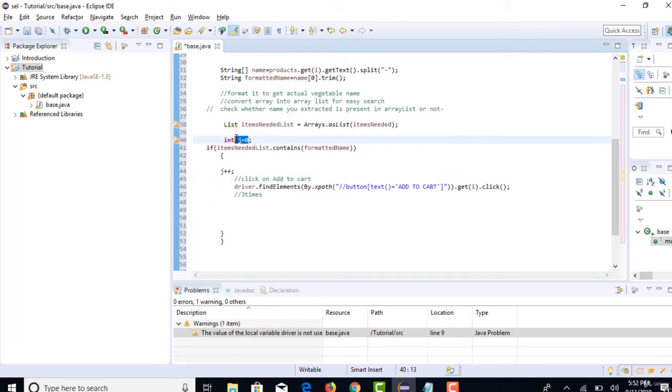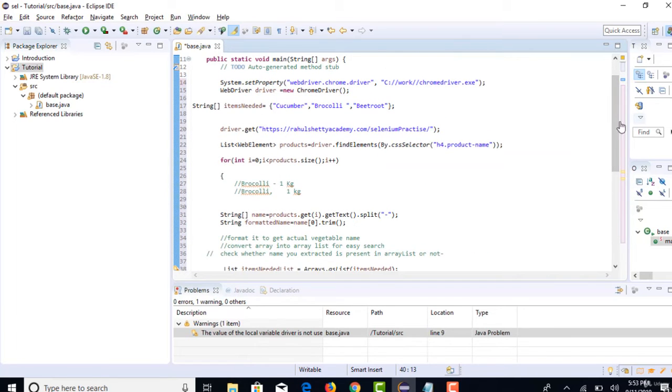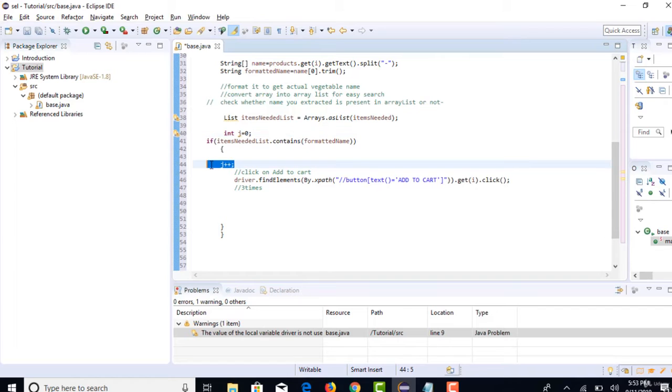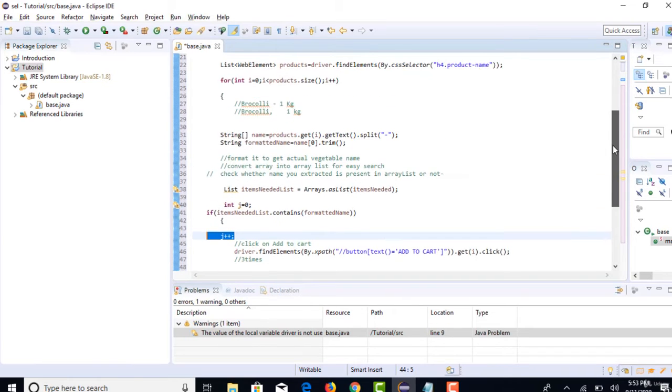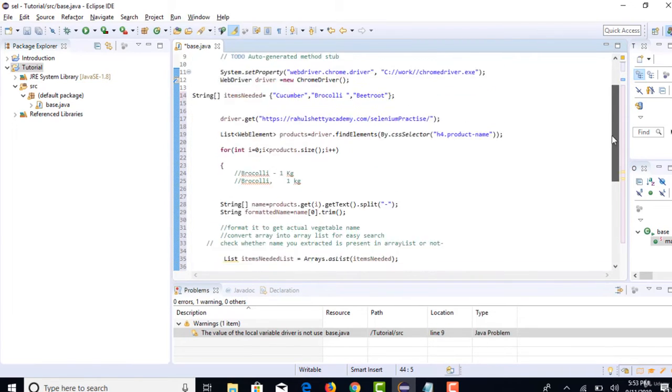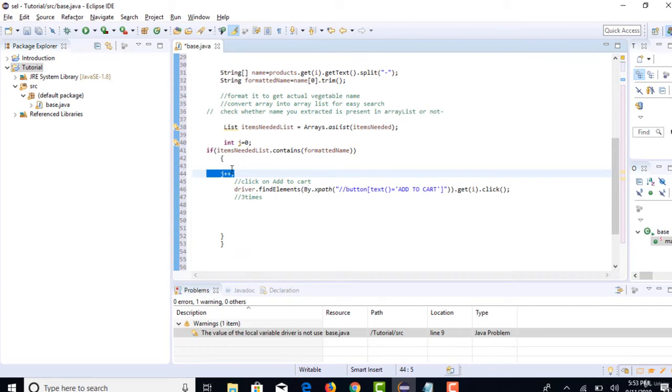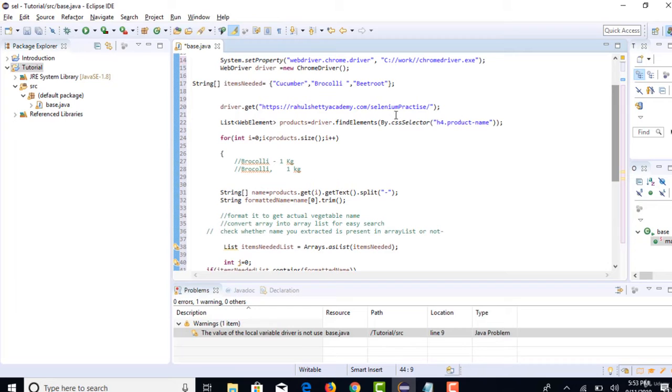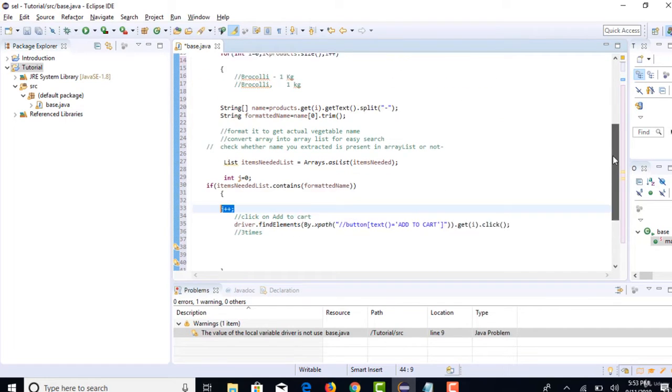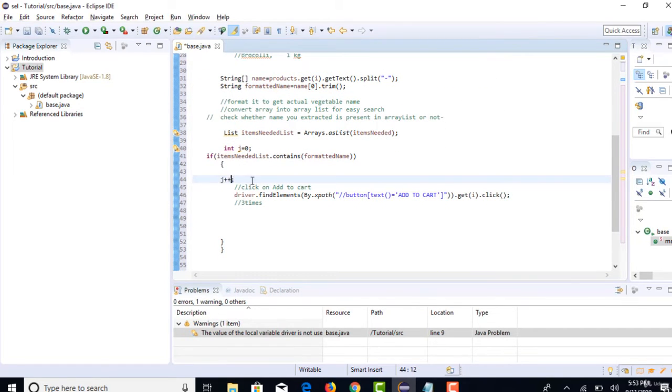When it first comes inside, let's say for cucumber, then j becomes 1. And then again the loop will check for the remaining, like broccoli. When it comes next time, the j value will be incremented one more time, right? This time j equals 2. And the third time, when it comes inside, j will become 3. That's it. 3 times it's already there.